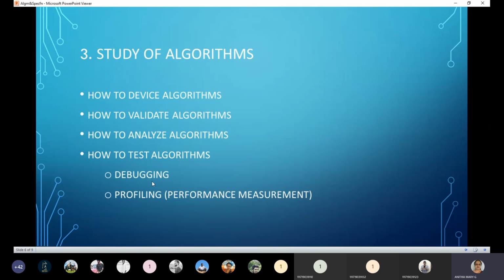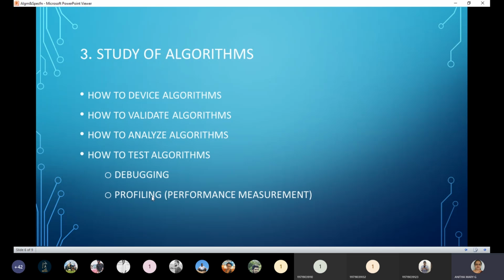That is debugging. When you are first learning programming languages, at the first attempt when you execute the code, you may not get the output. It shows some errors. Seeing those errors, you correct them again until it's error free and you get the solution. That process is called debugging.